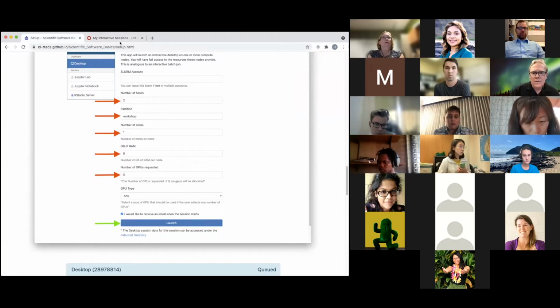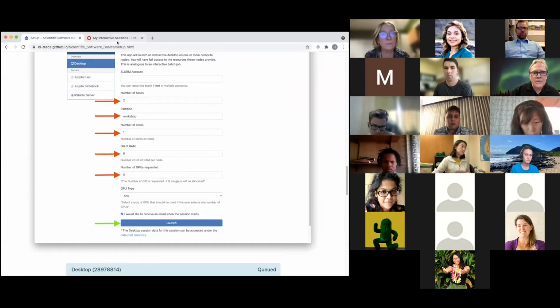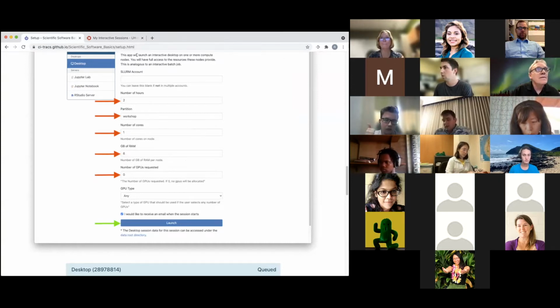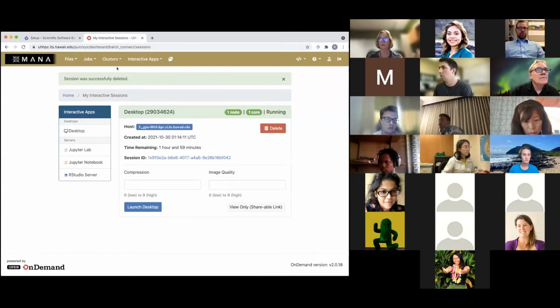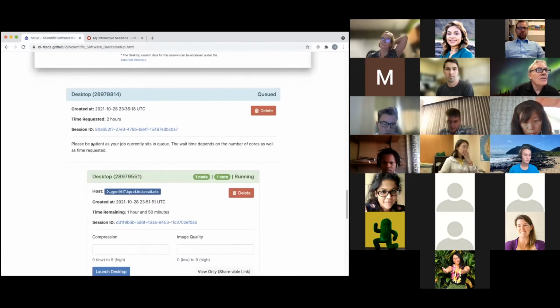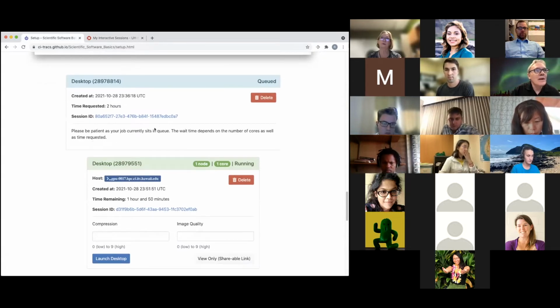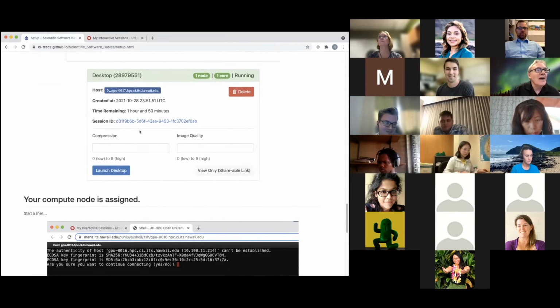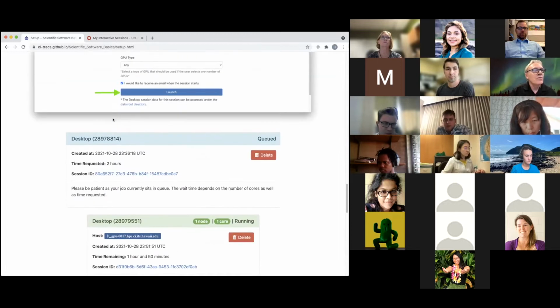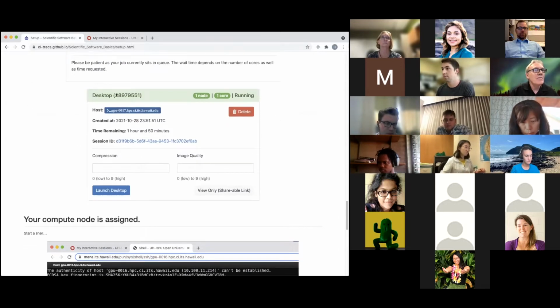So are people getting onto that partition, the workshop partition? Okay, so I was just being impatient. And as you can see from the setup, the next one down is I was waiting, but I was impatient. It says, please be patient, but I wasn't reading. And then that screen turned from this blue bar and my job ID, and now I have a job,